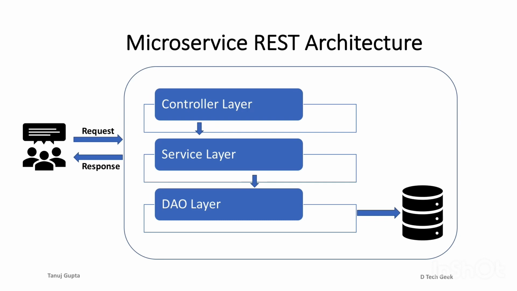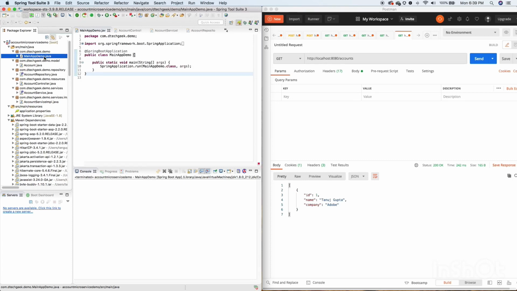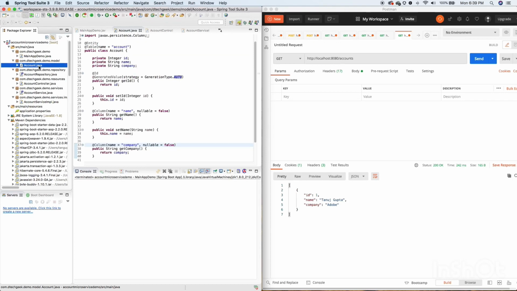Now without going into further detail, I'll be starting the demo for the same. Here you can see I have created this account microservice named account microservice demo, in which you can see the structure like this. In the source folder, I have created the overall package, that is com.thetechgeek.demo. This is the main application file. In the model package, you will find all the POJOs or models with respect to that project.